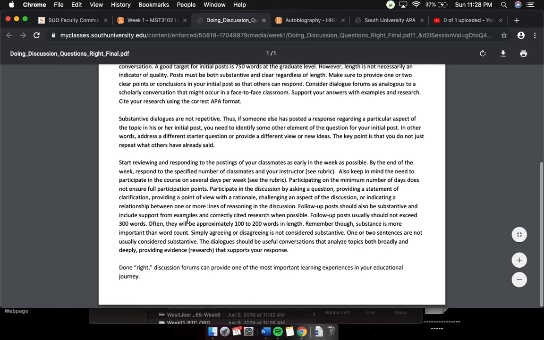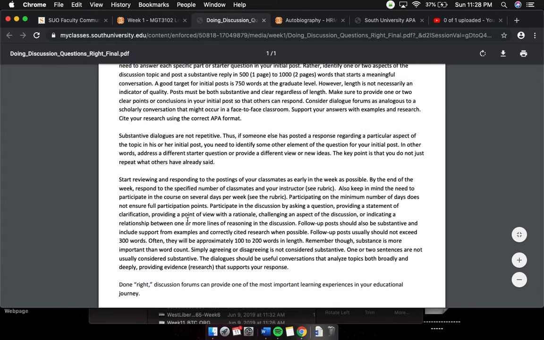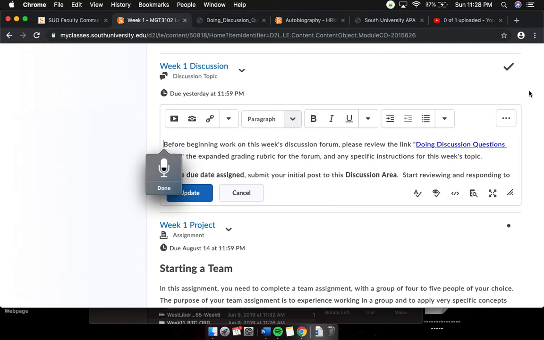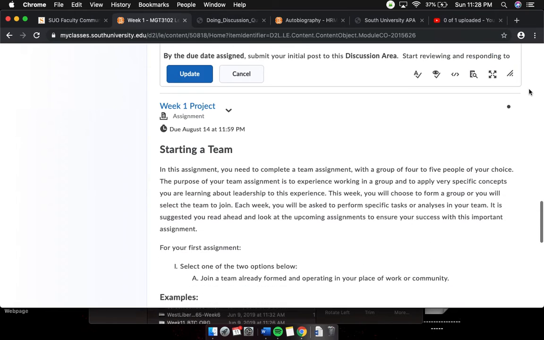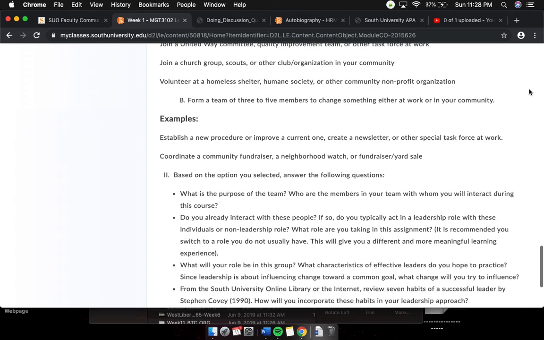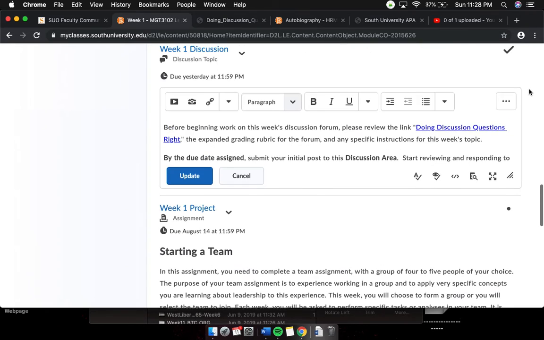For this specific class, it's very important that you read this document. I'm not going to read over it because you can read it yourself, but you've probably noticed that it's referring you back to